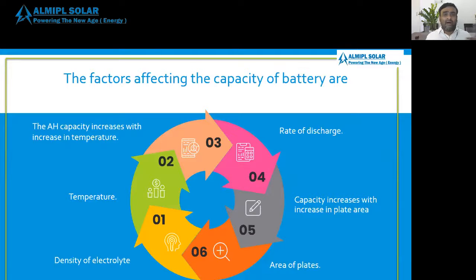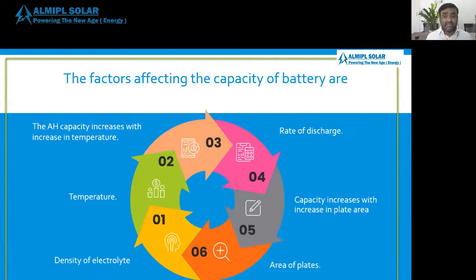Using that, the battery life will be increased. Instead of charging to 100%, once you complete 50% discharge, you need to charge the battery immediately. If you wait for 80% to discharge and then charge, the battery life cycle will be reduced. So 50% is the recommended battery charging. So, rate of discharge.